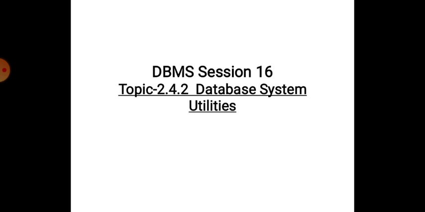Students, in the previous class, that is in session number 15, yesterday, we took Database System Environment and you studied how the DBMS functions, that is how it interacts with the various users with the various types of interfaces, what happens to the commands and queries, how data is stored, how data is processed, and all these details. Apart from this, to work well, a DBMS requires certain utilities, or it has to carry out certain functions so as to interact with other software modules. We will study database system utilities today.